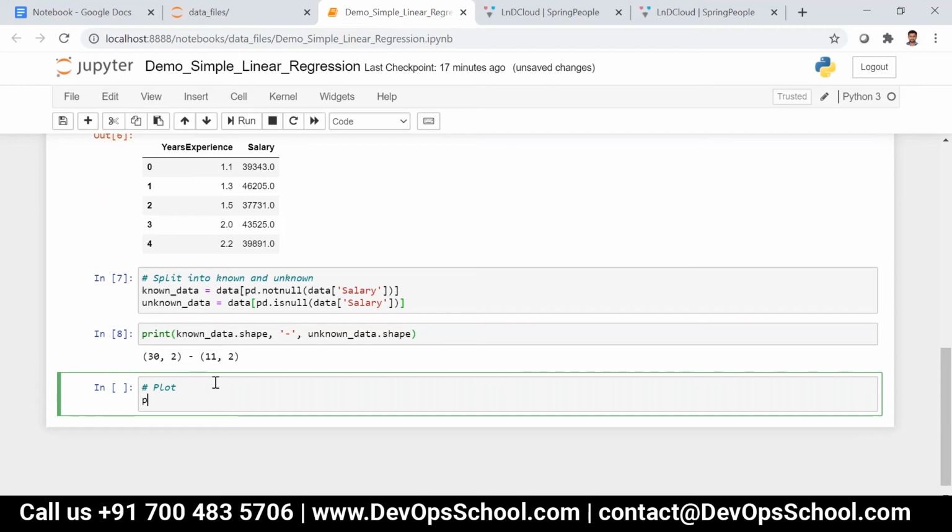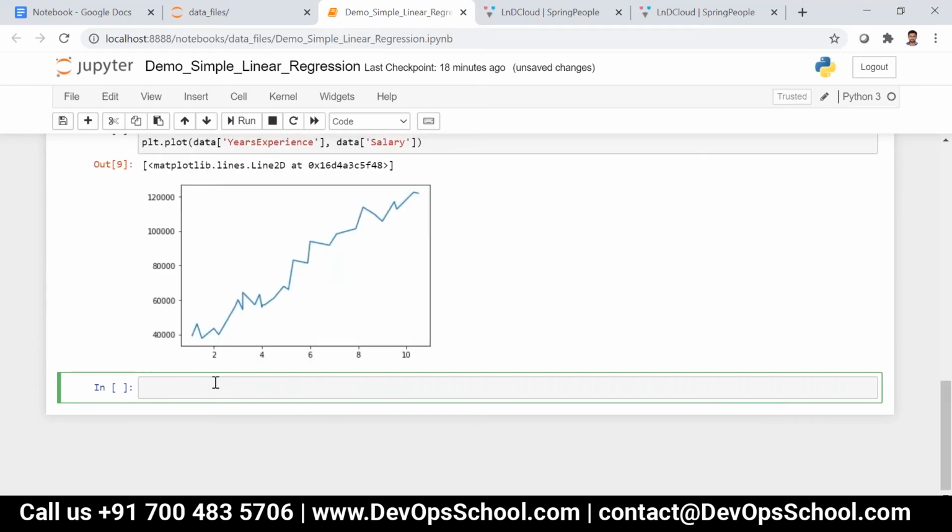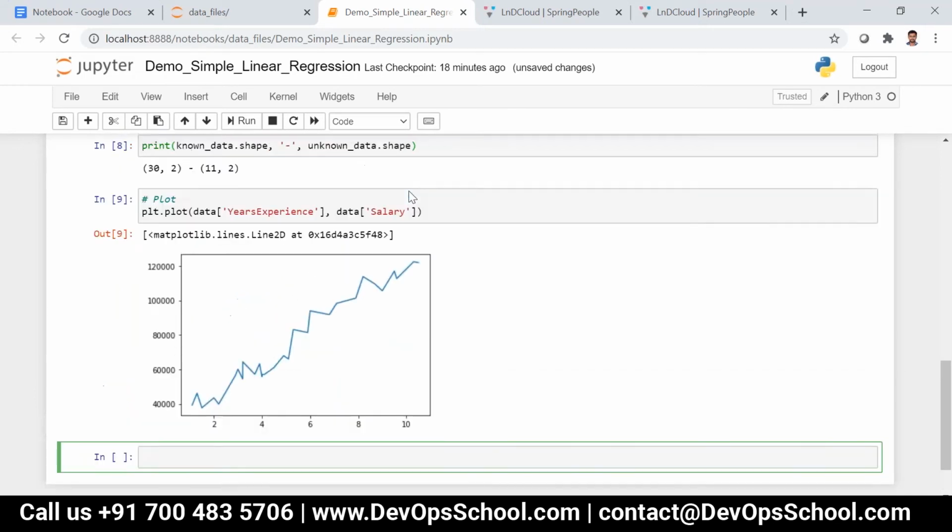So now I can say plt dot plot of data of years experience on the x-axis and data of salary on the y-axis. You can see here it's linear, but it's not in a straight line like this.